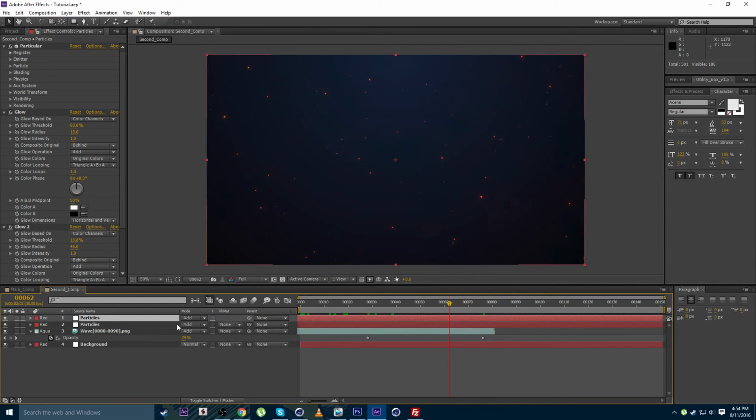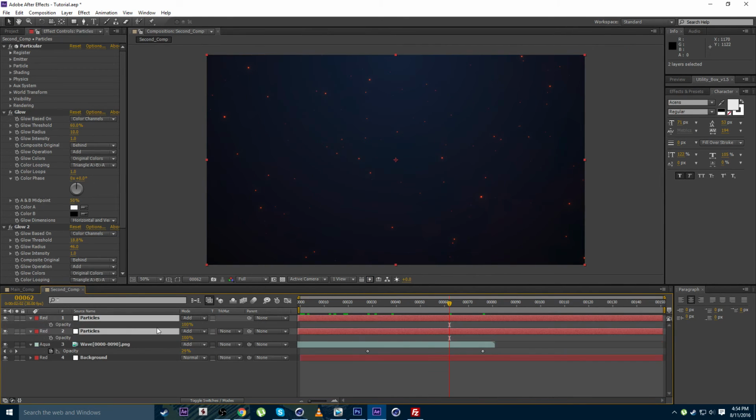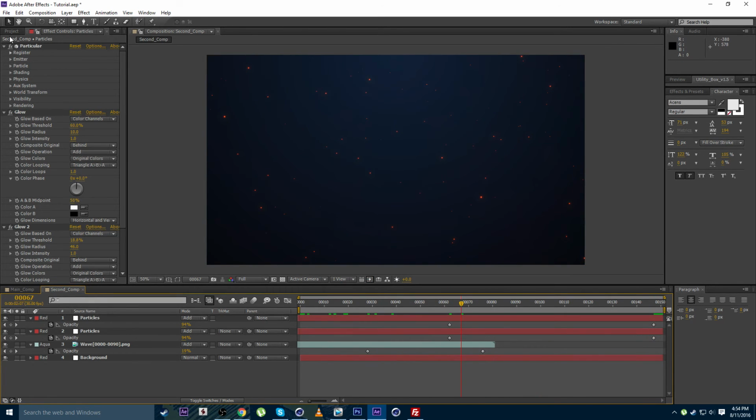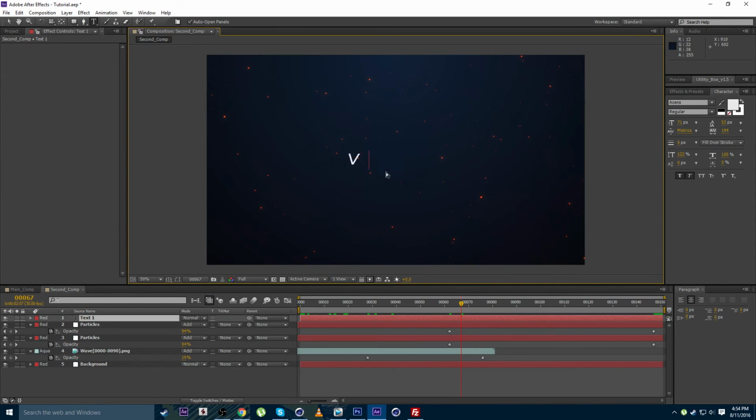And we've imported the particles from the first comp, and these particles seem to be working fine. And I also want to fade these out maybe, so I'll grab both of these layers and press T, and then just maybe fade them out towards the end. So make another keyframe for 0, and now the particles are fading. And let's actually add our text now. So I will type my text,